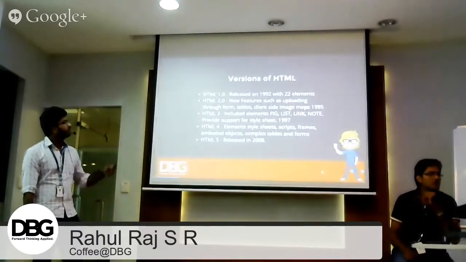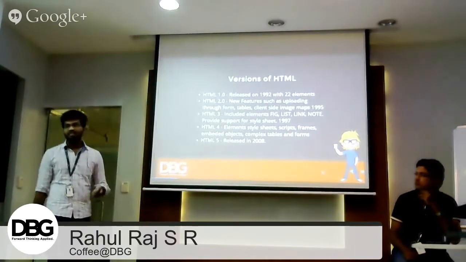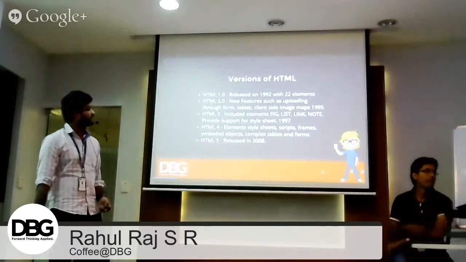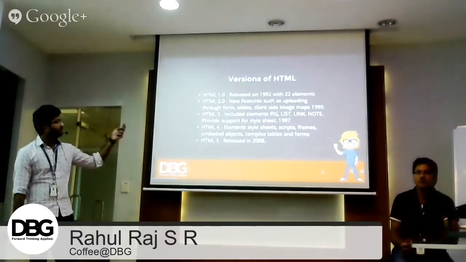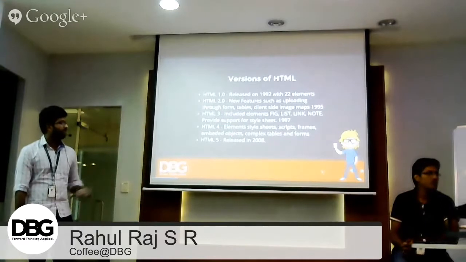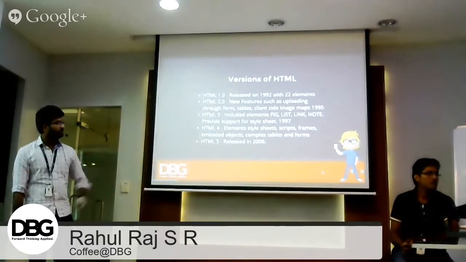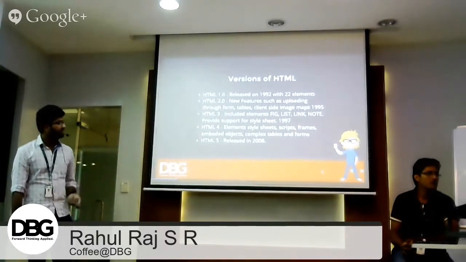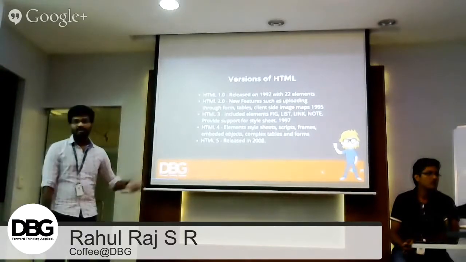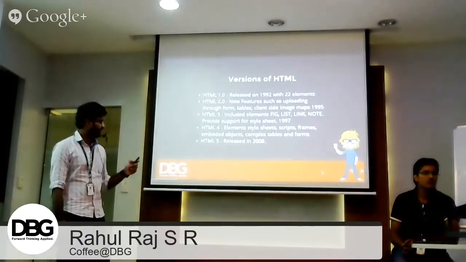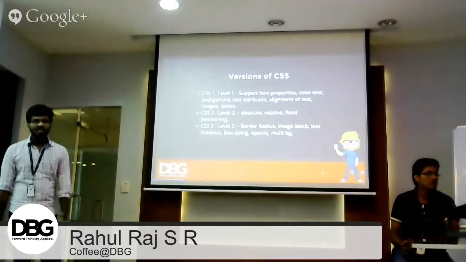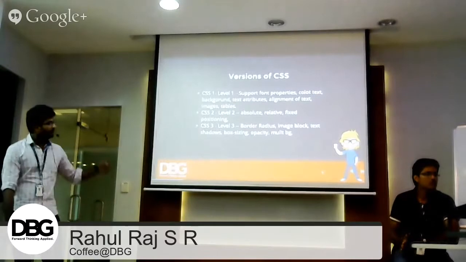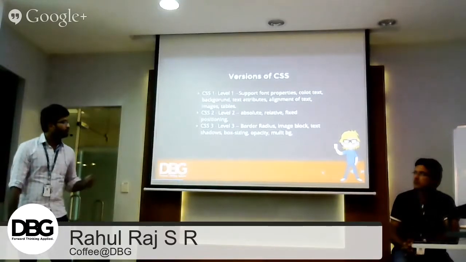Before going into details about the advanced features, we can go through the different versions of HTML that we discussed in the earlier session, from HTML1 to HTML5. HTML5 was released in 2009, and before that we have four versions with new components and new elements added to those versions. Similar to HTML, we have different versions of CSS up to CSS3. Different new elements and new features have been added to CSS.